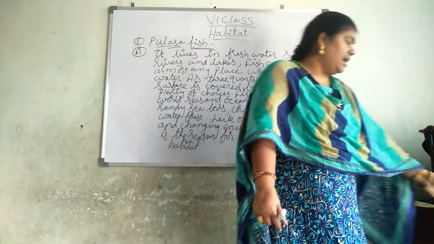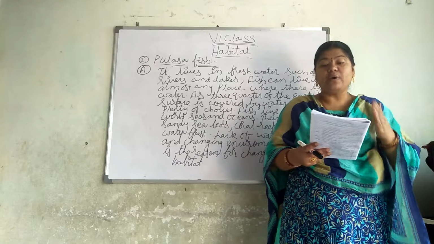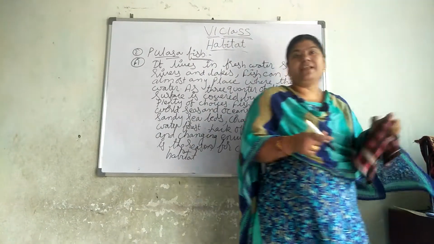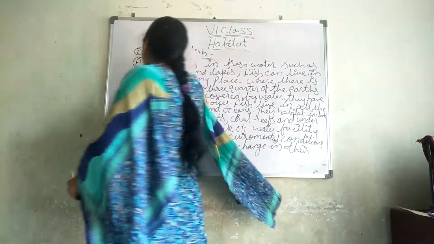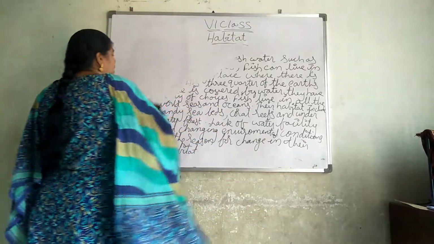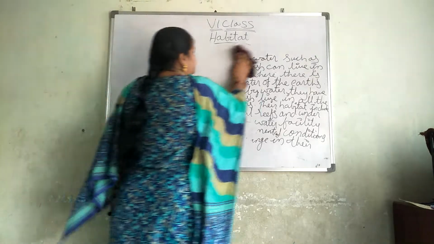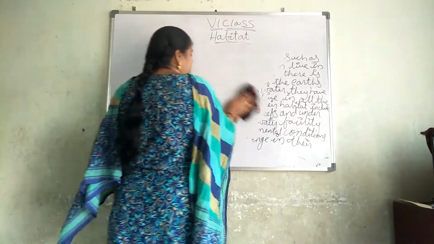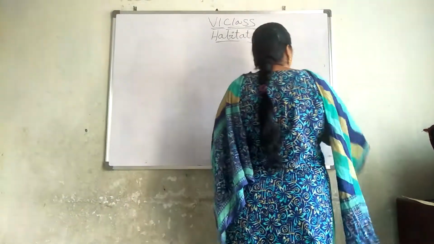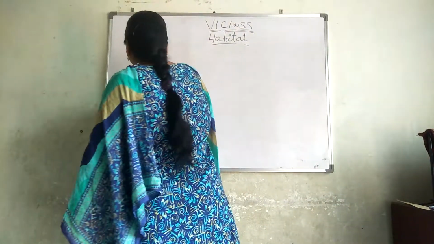The next one is: observe a spider in its web and write how a spider shapes its habitat. Till now we discussed many habitats, like terrestrial habitat and aquatic habitat. Now we are going to see where the spiders will be. Spiders will be in our house also. Are they important for us? No, they are not at all important for us. But for the spiders, our house is a habitat.